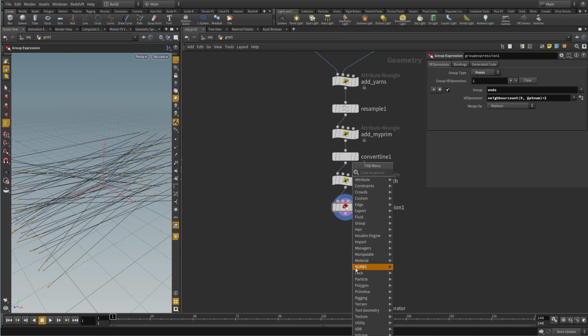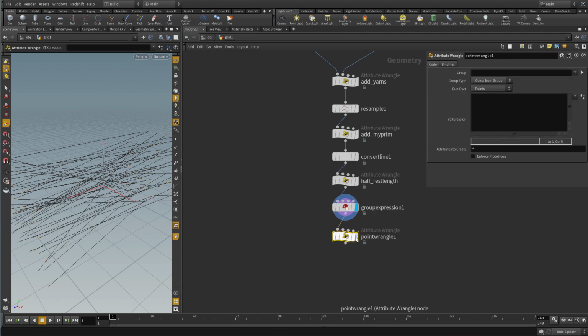Now that I have that, we can append another wrangle, point wrangle, and we use this point wrangle to set the mass for all the points. And that means we just type in @mass is 1. And at the same time, we can set @pscale. That is a value that is needed by the solver too, because it determines the radius of the individual particles regarding collisions. So now all the points have a mass of 1 and a pscale value of 0.001. So set mass